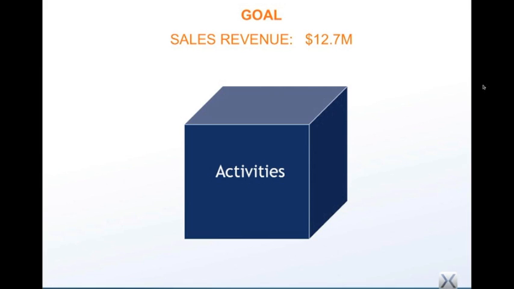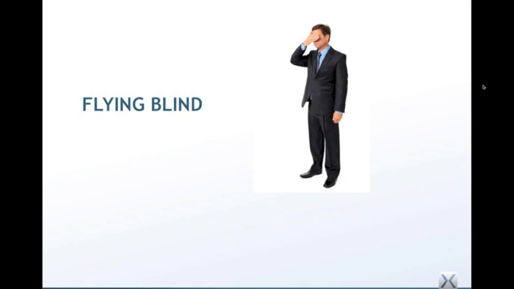I often use the example of a sports coach sitting on the sideline and being able to see the scoreboard but not being able to see the game. In other words, the scoreboard's ticking over, but you can't really see what's driving it, what the play is. If you're not focused on tracking and having visibility of activity, you're virtually flying blind. There are numerous businesses that we've walked into that have good tracking systems. They know their budget, their market share, their margin, they've got visibility on all those goals, all those metrics,